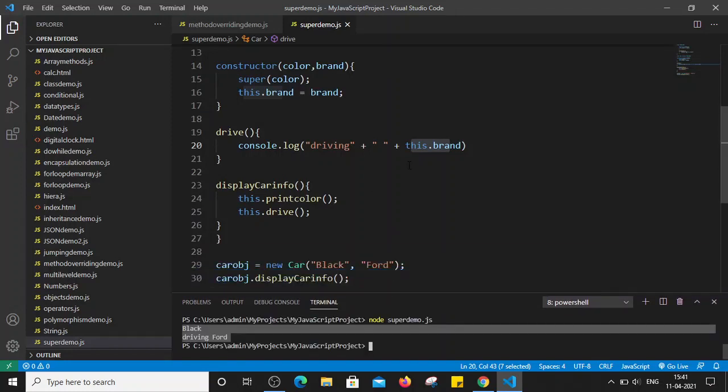So we have seen inheritance. We have also seen the types of inheritance, that is single level, multi-level and hierarchical inheritance. We have also seen method overriding. Method overriding is used to recreate or implement a method in the child class which has the same definition in the parent class, but the implementation happens as per the child class method. And we have also seen the use of the super keyword.